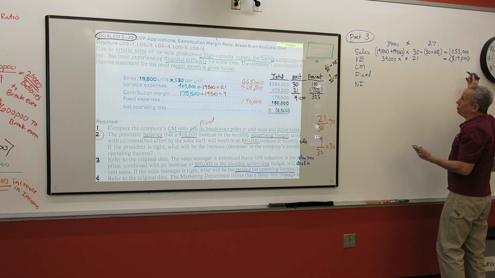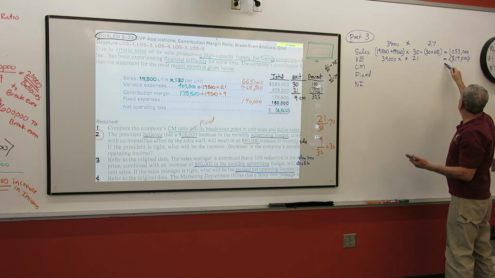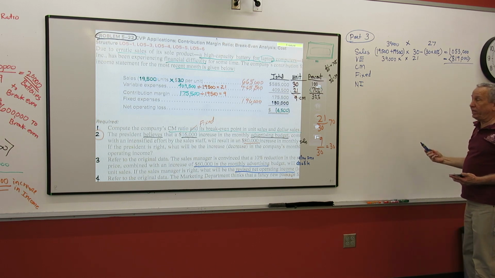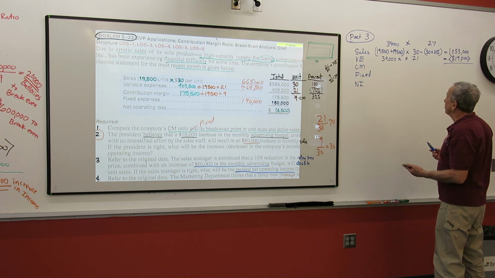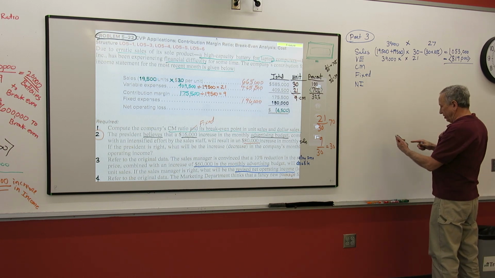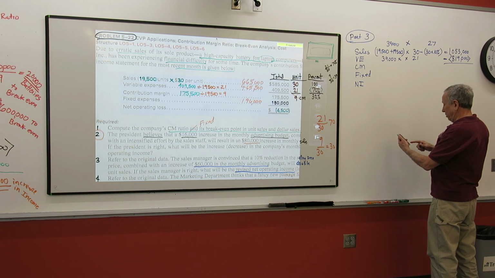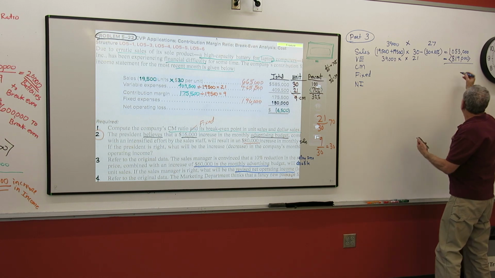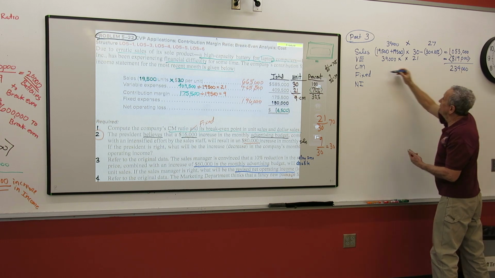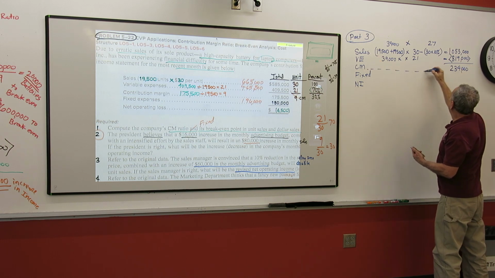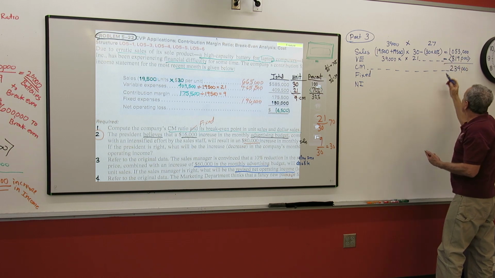And there's many ways to do this that are better. I'm telling you, I think I'm kind of doing it the worst way, but you guys can look at my notes in Moodle to see the shortcuts. The contribution margin is then going to be $234,000. Okay, so there's your contribution margin, 234.